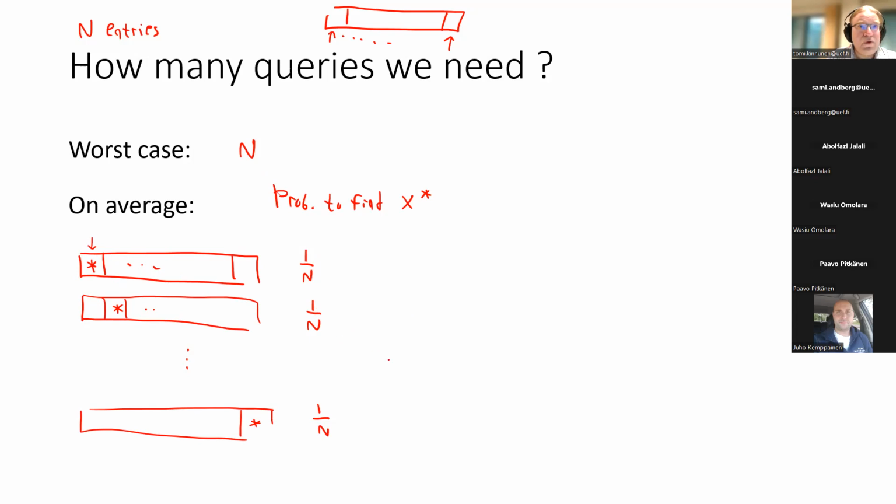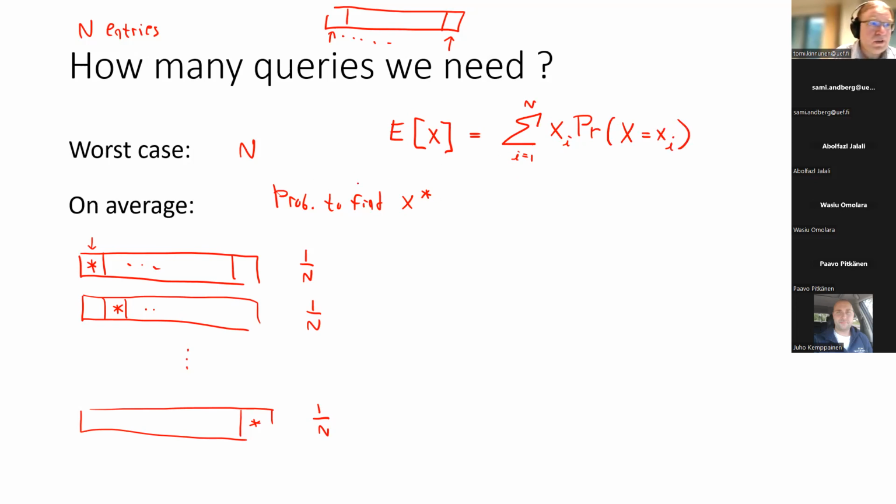If you know how expected values work, this is just for those who have studied statistics. The expected value of a random variable x is that you go through all the possible values in the range of x, and then you have the probability that your random variable takes this particular value x.